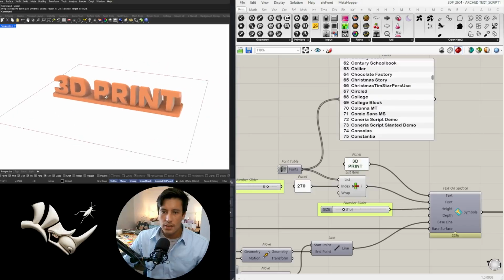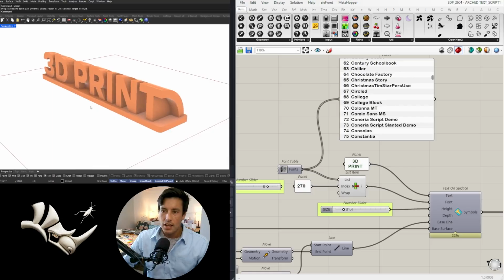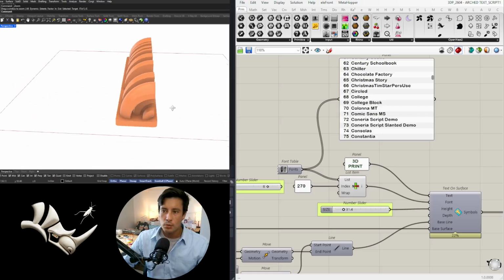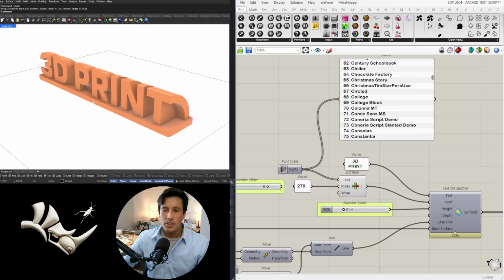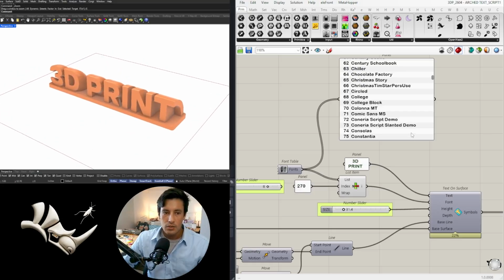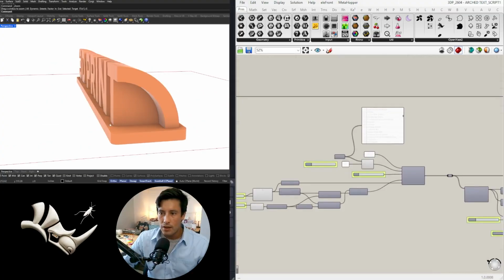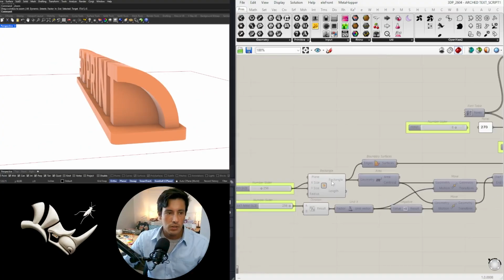So what you're seeing here is a 3D print text that I created. And the idea was to be able to print it without supports. Now, this is something that I had seen before online. I just couldn't find the source of how it was created. But what I did was I created a script in Grasshopper that allows you to do this printing without any supports. So let me show you here first